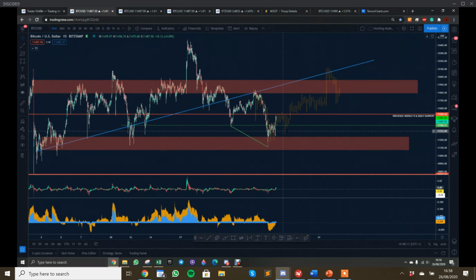I'm interested in longing 11,333 again, assuming we put in a higher low off this little bit of price action down here, and then I'll be taking leverage off when we get back, hopefully up to... I mean, it's interesting, this little fractal thing would make a lot of sense with this horizontal line here as well. If we get back up to 11,900, I'll dump the leverage, and then I would